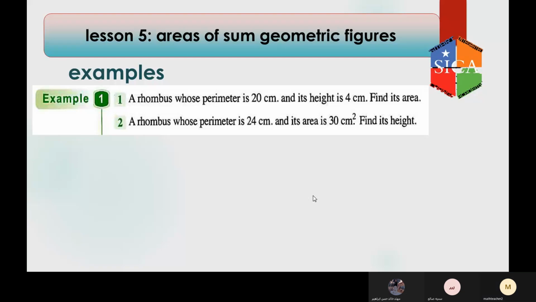you know, Sumaya? The length of each side will be, if the diameter of the rhombus is 20 centimeters, then the side length equals, anyone may answer? Anyone can answer the question? A rhombus whose diameter is 20 centimeters, then the side length will equal,